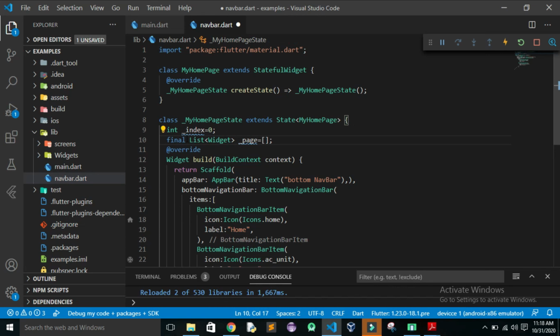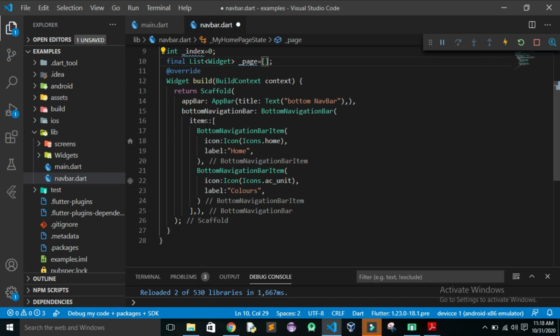This is the index of the bottom navigation bar item, and the page will represent the widgets which we are going to show when we click on a particular item on the bottom navigation bar. We need to assign some values in here, which we'll do later on.